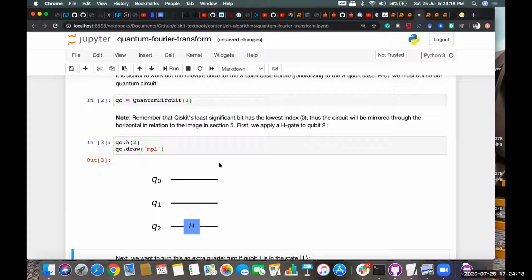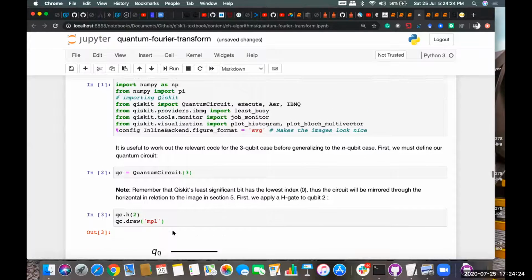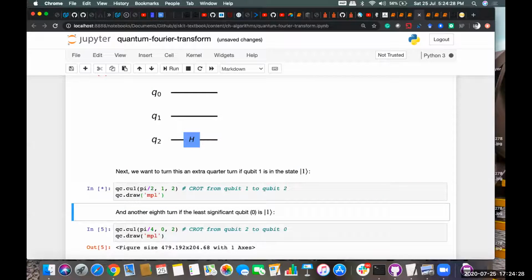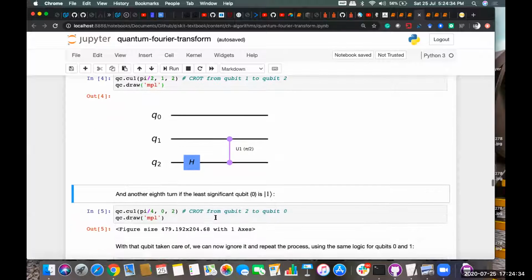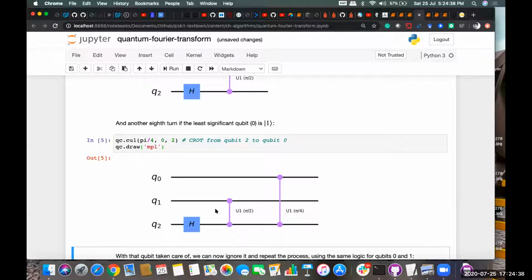Okay. So the very first step to get the quantum Fourier transformation of the qubit is to apply the Hadamard gate. Once we have applied the Hadamard gate, we will apply the controlled unitary rotation gate, that is from Q2 to Q1, and then next from Q2 to Q0. Okay, so this is the circuit we discussed. The phase estimation for qubit 2 has been done.